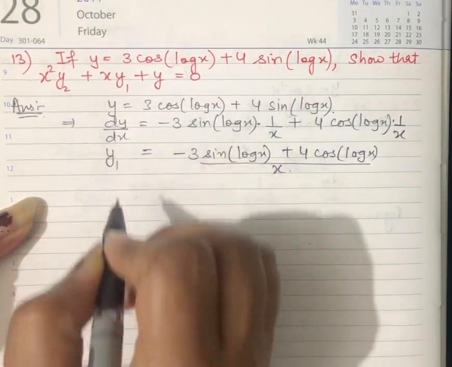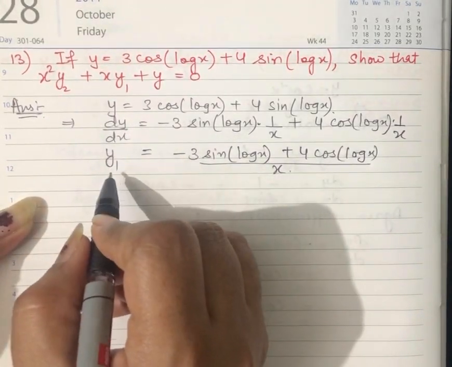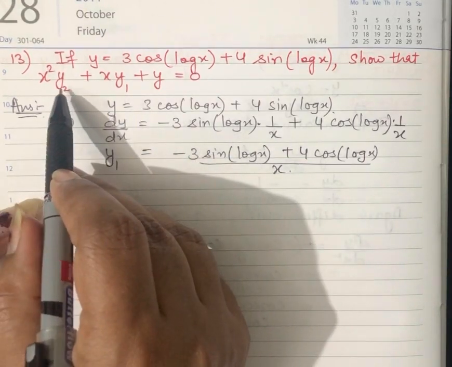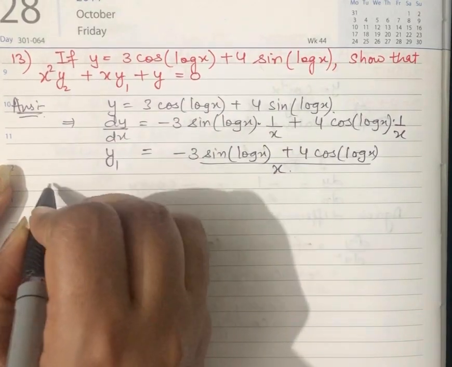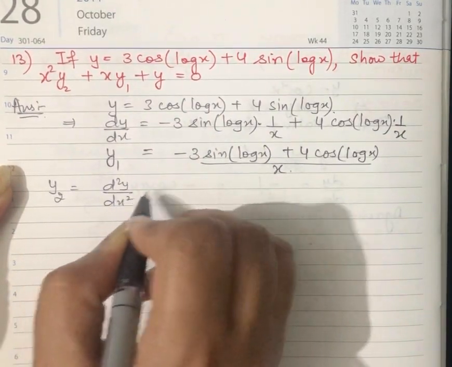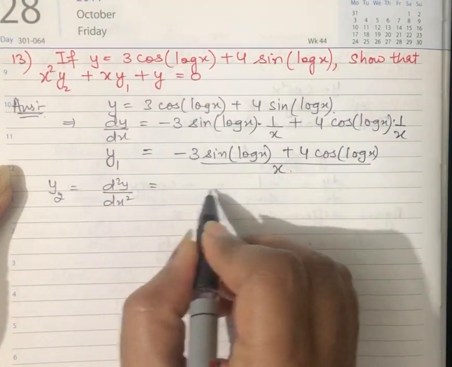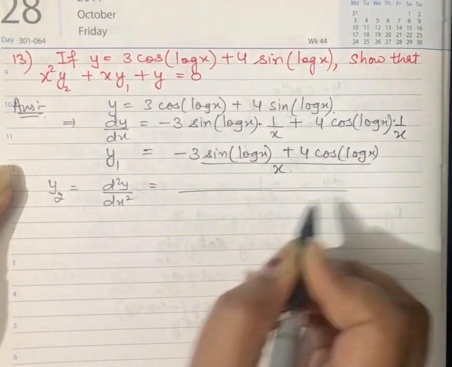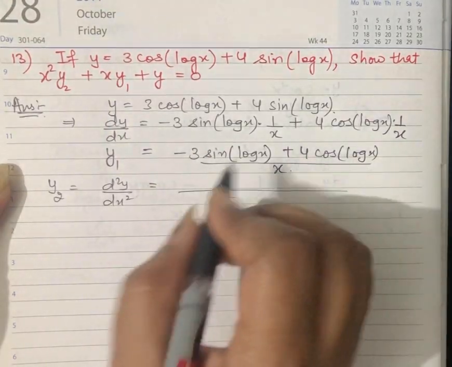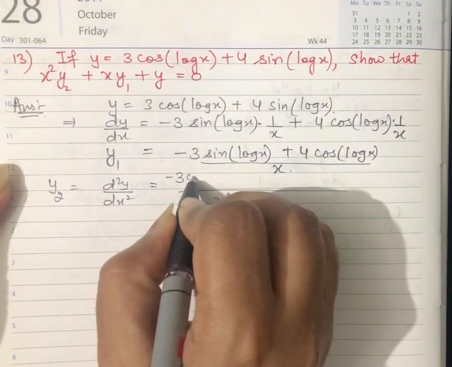This is y1, dy by dx is y1. Now we have to find y2, that is d square y by dx square. So y2 is d square y by dx square. Now again differentiating this, we will apply the quotient rule, x square, differentiation of numerator, that will be minus 3 cos